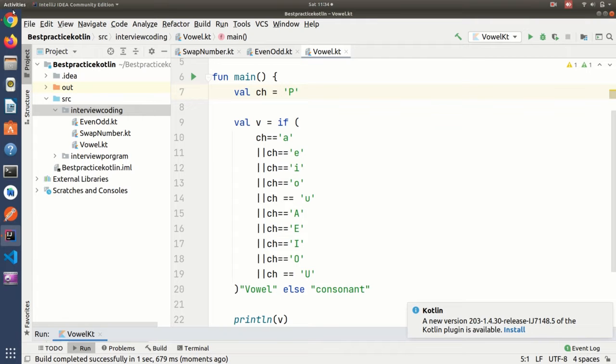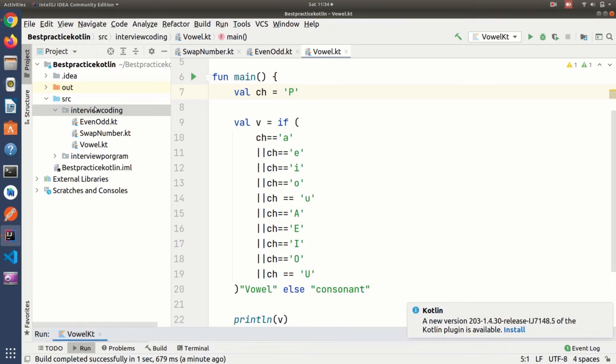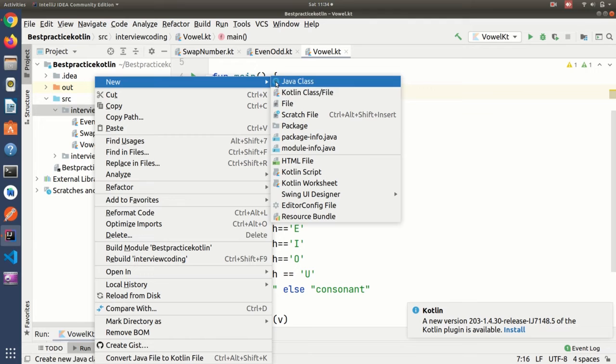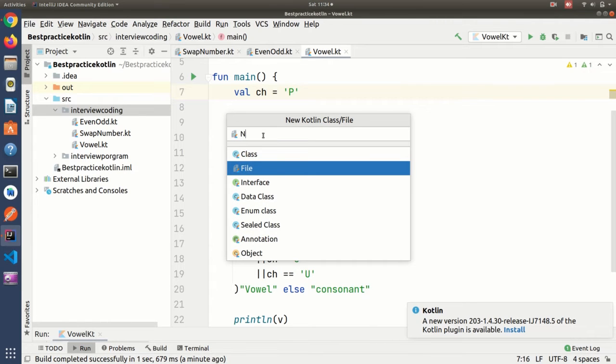Then find the sum of natural numbers. For that, what can we do? Natural numbers are like 1 to 100. So we need to use some logic, and we can use a for loop here. For that I need to create another program. The name will be natural number file creating,